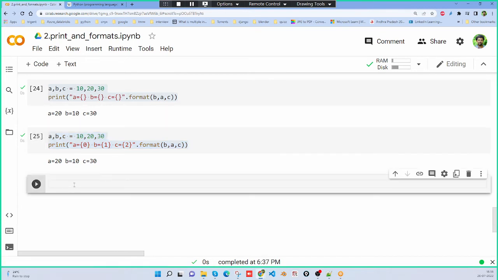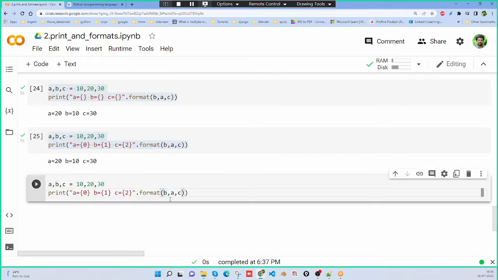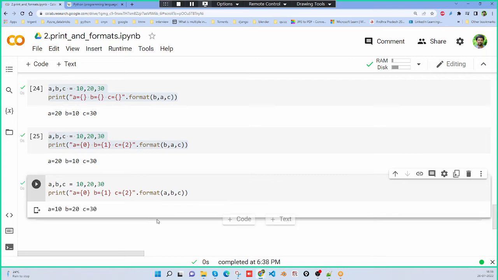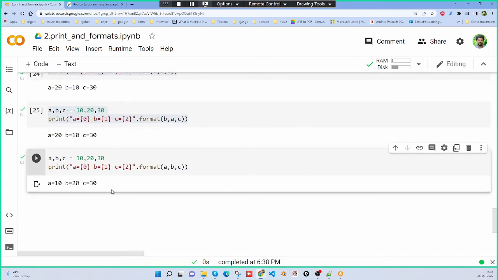Control C, control V. I want to follow A B C. Now if you observe, you will get an exact output. This is one way. If you want, you can go like this, or one more thing,